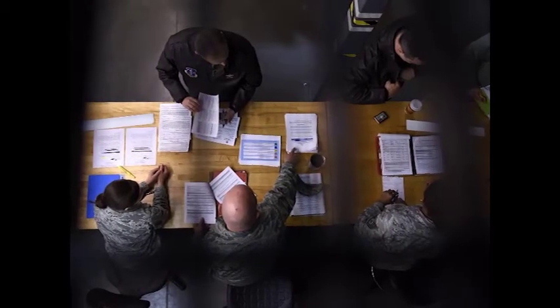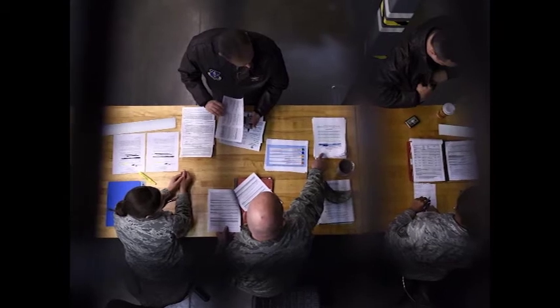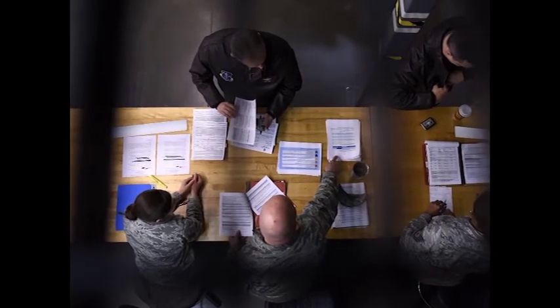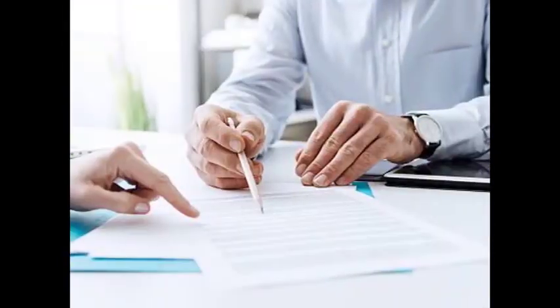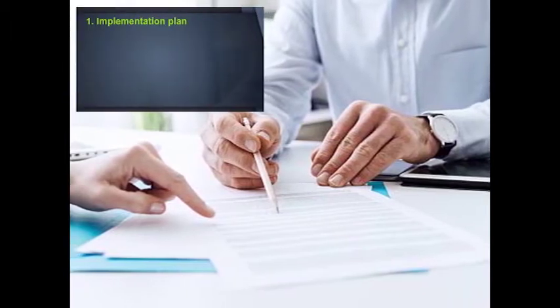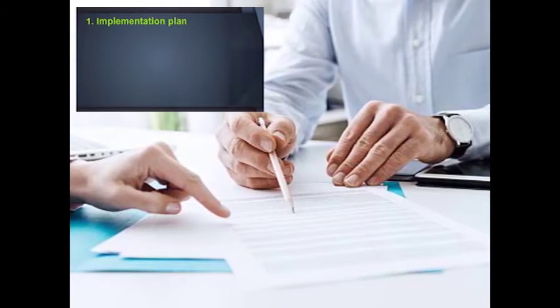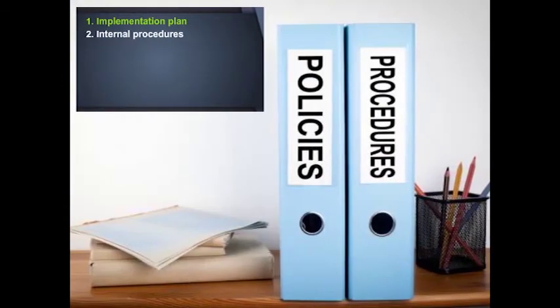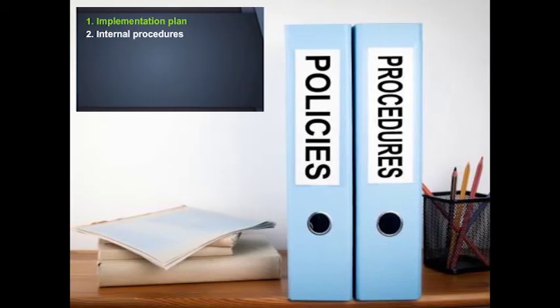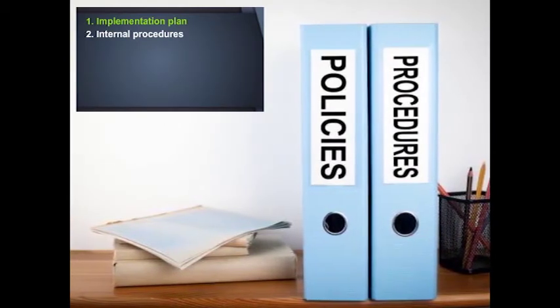To ensure the privacy and civil liberties of individuals, policies require several oversight mechanisms for insider threat programs. The Insider Threat Program must submit an implementation plan. This plan outlines the rules, procedures, and guidelines for the program. Insider threat programs must also establish and maintain internal procedures that govern program actions.